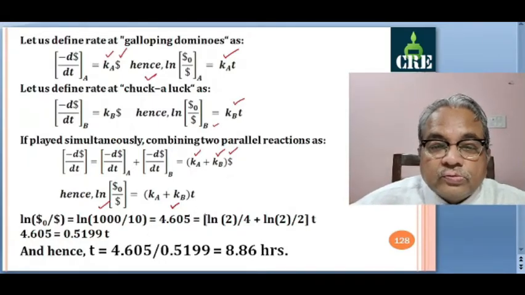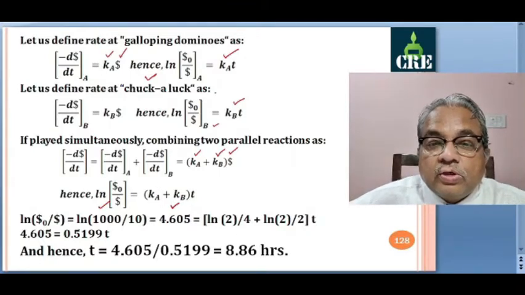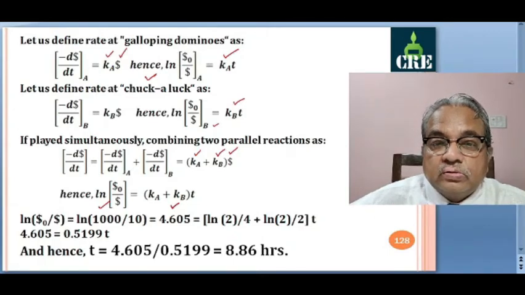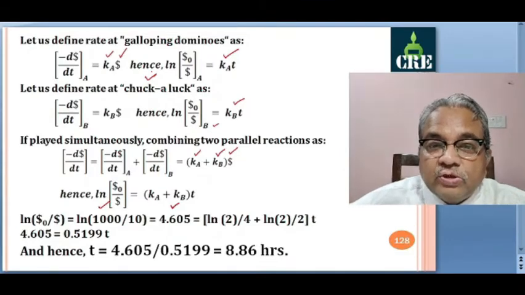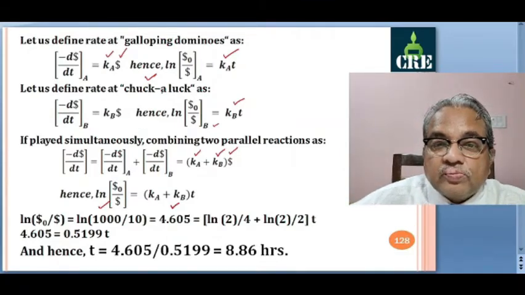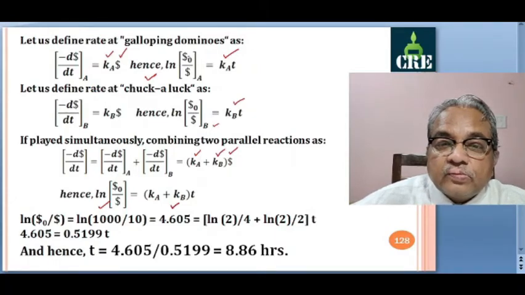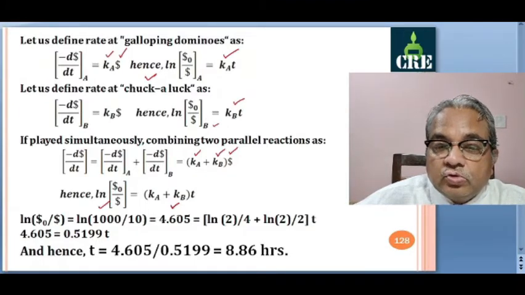Okay, and this Ka. Now what is Ka value? Half of this in time t, that is in 4 hours and in 2 hours, half of this value. So this comes out to be, initially if this is 1 and then it becomes 0.5, means ln of 1 by 0.5 is 2. So ln of 2,